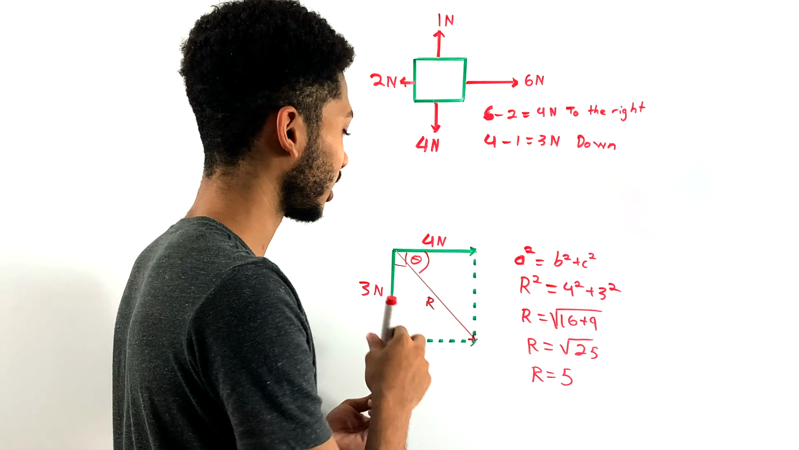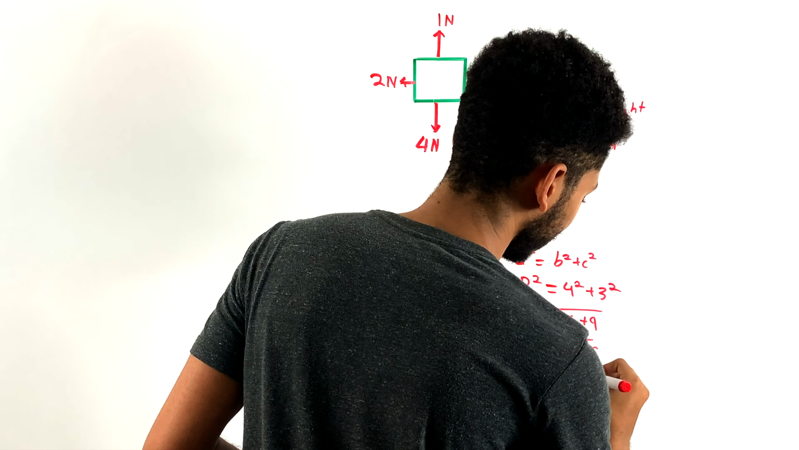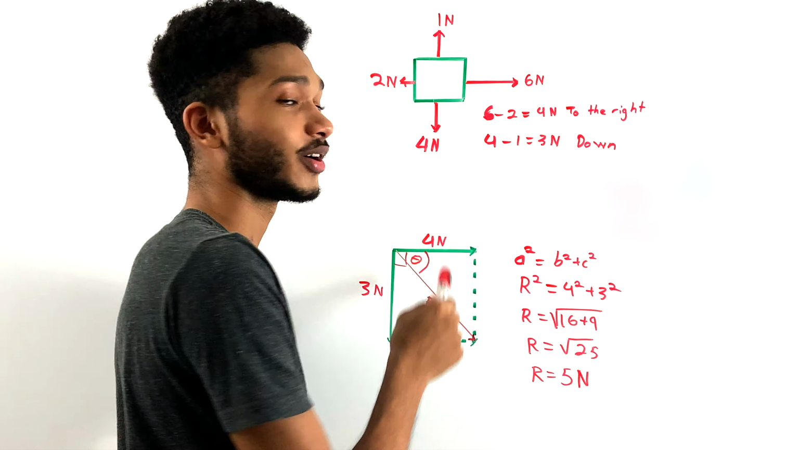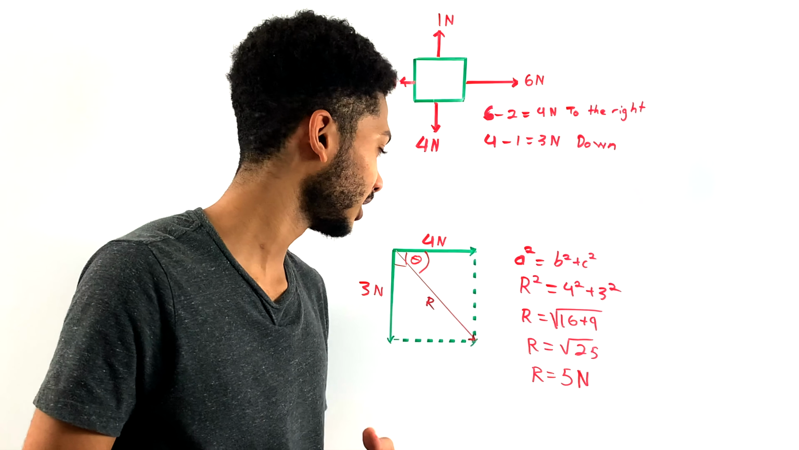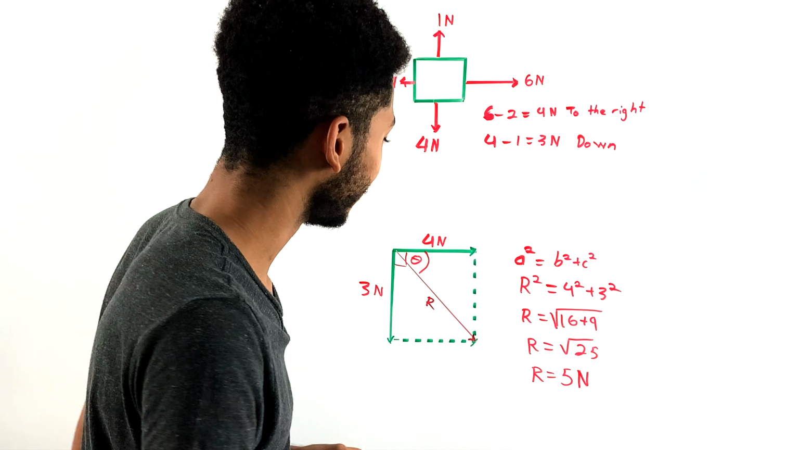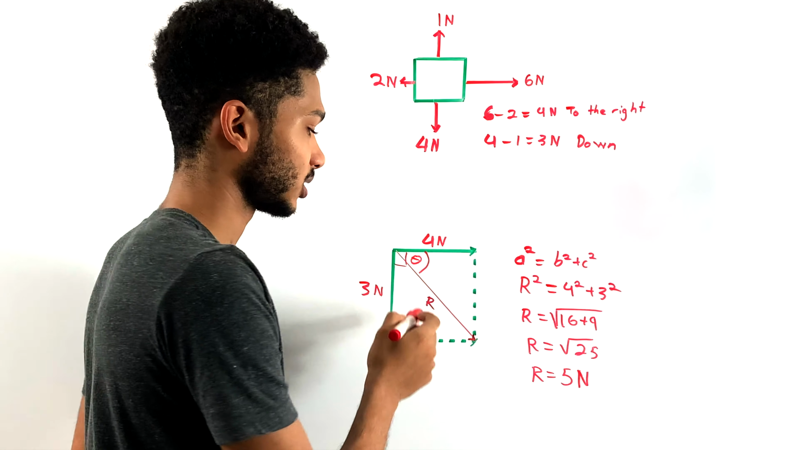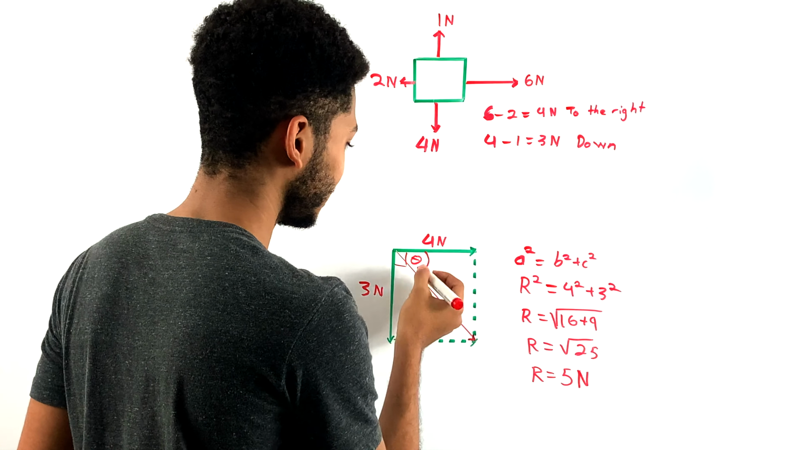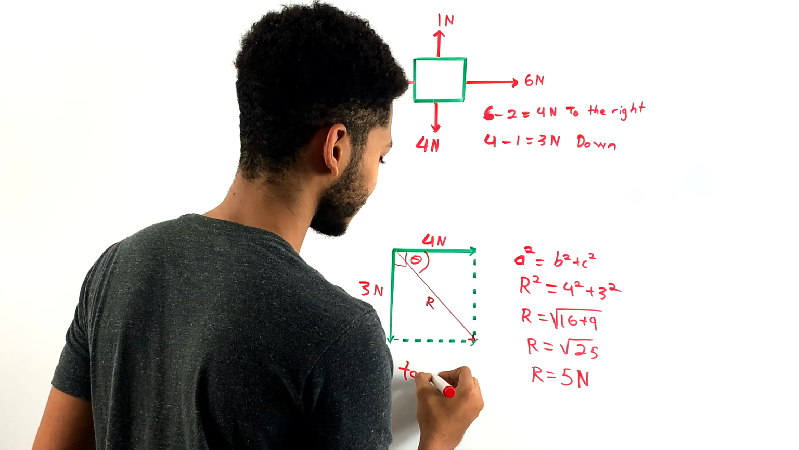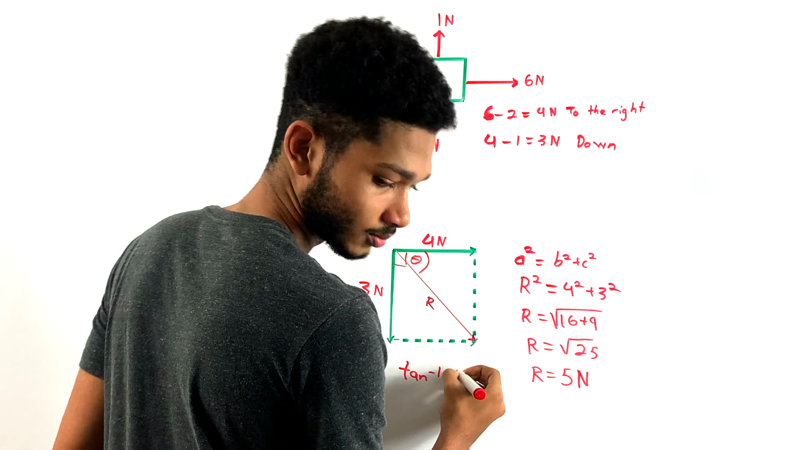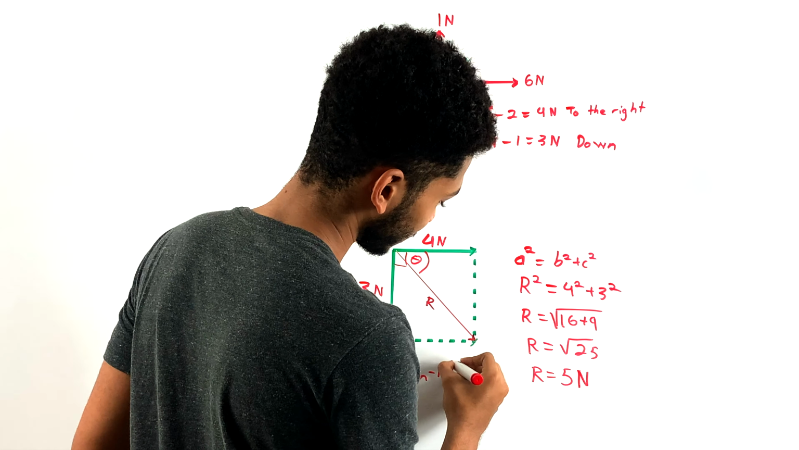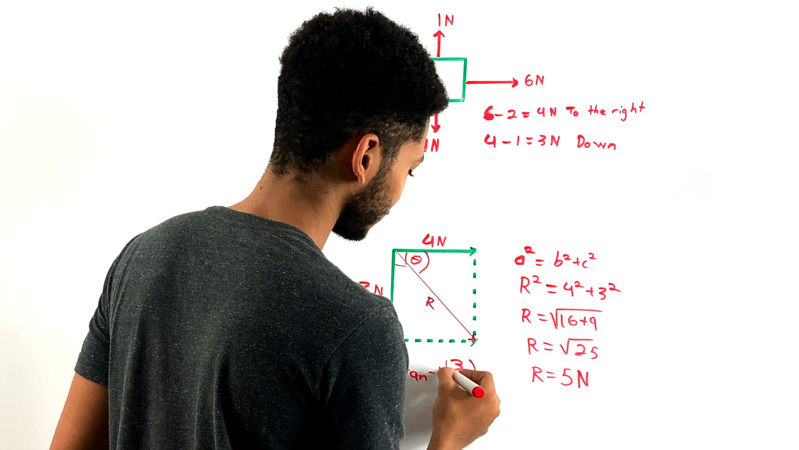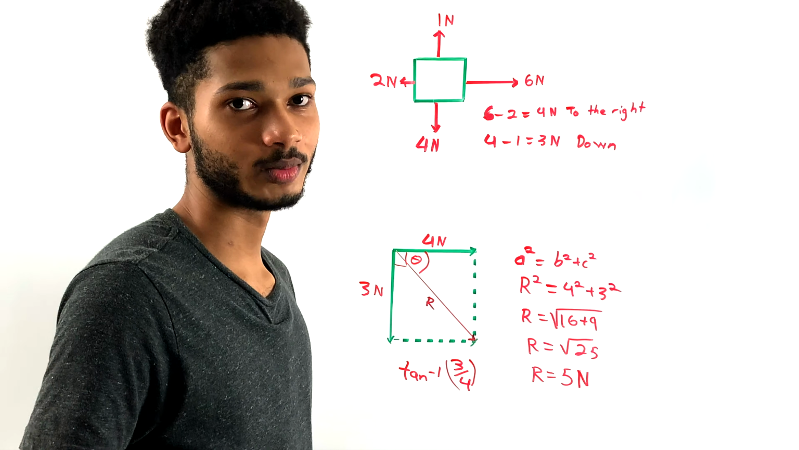And there you have it. So R has a force of 5 newtons. Many of you will know this already because this is a famous Pythagorean triple, 3, 4, 5 for a right angle triangle. And now to find the angle at which R goes down, it will be tan inverse of 3 over 4. And that will give you, if you put it in the calculator,